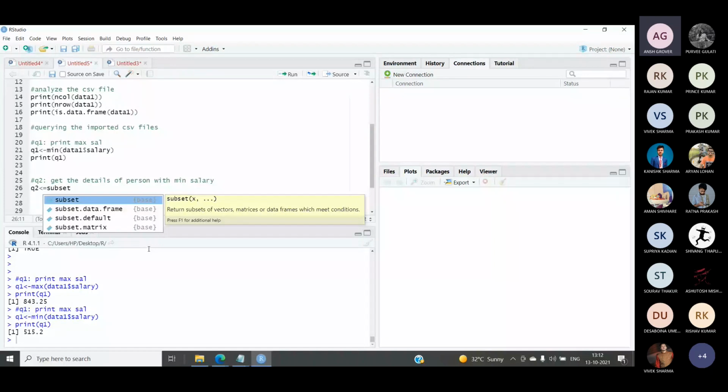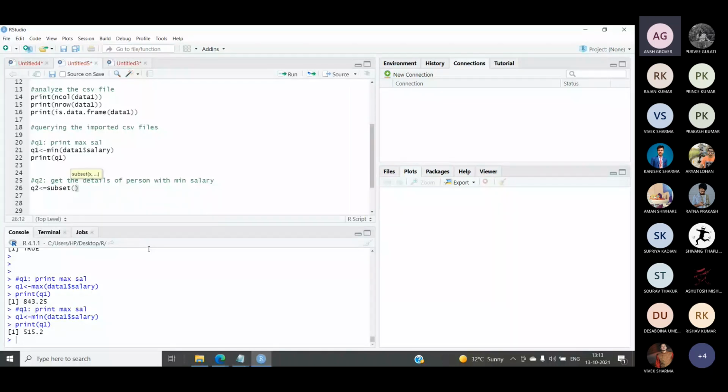So start the brackets for defining the parameters of the subset function. After this, the first argument that we need to pass is the name of the object. In my case, my object is Jetta1. So I'm using Jetta1. Now I have to write the condition on this. My condition is on the salary column. So I will write the condition salary equal to which salary? I want to print the details or record of all the employees with minimum salary. So I will use min of salary in this case. Let's run this query.